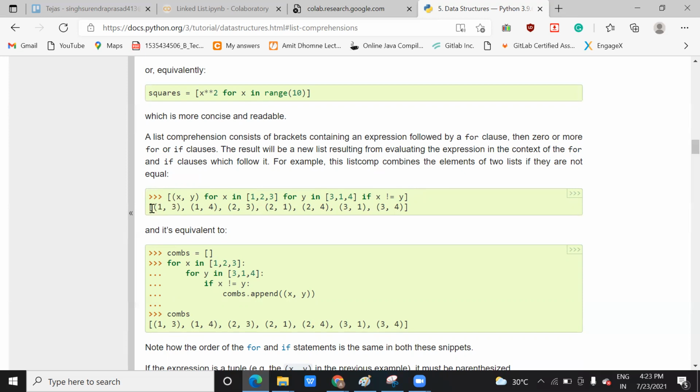And this square bracket means what? It's a list. Similarly, for x in 1, 2, 3 means x in this set of elements. So the next element is x 1. It is going to check with 3. It's not equal, so it has printed. Now it checks 1 with 1, equal, so it won't come. Then the next element will be 1, 4, it will come, right?